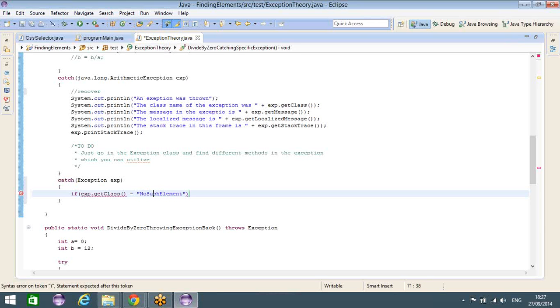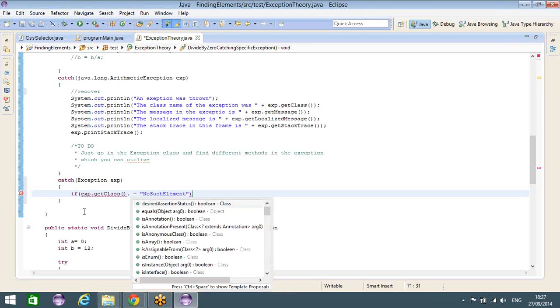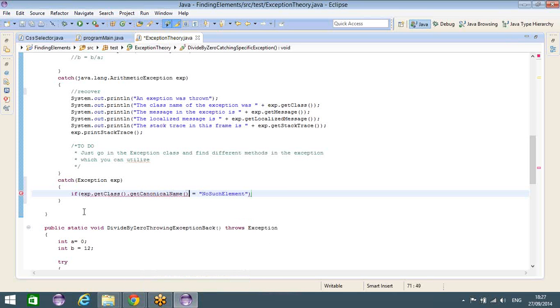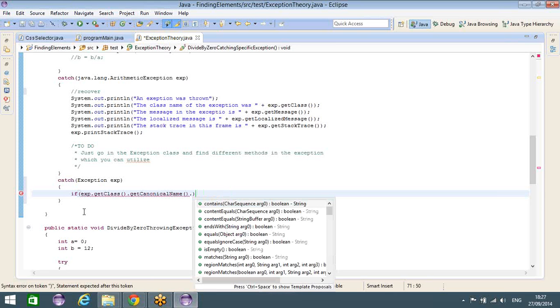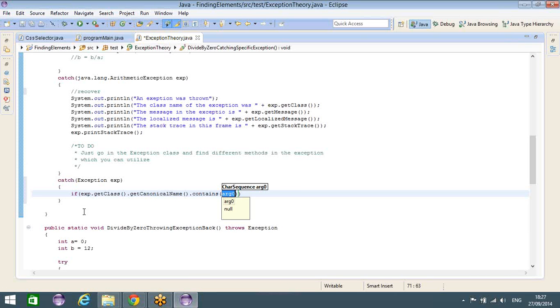Actually this exact syntax won't work because you will have to do get class and then get canonical name. So what I mean to say here is that you have to find the name or the class of the exception, and you will say that if it matches any of the 3, contains, let's say, no such element,